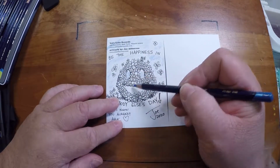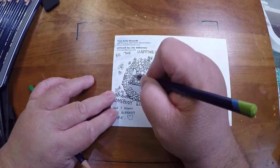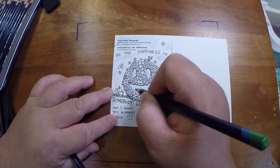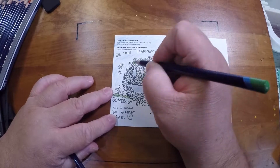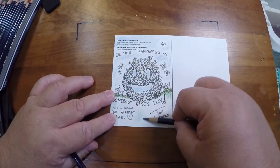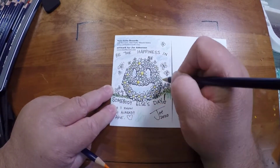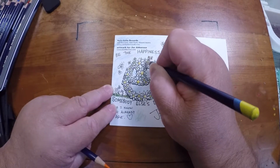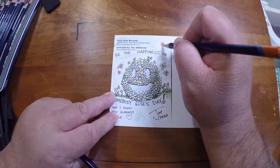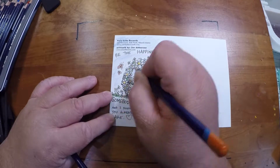Now these Derwent Inktense pencils go on dry just like a regular colored pencil, but they're water soluble, and once that dries, then it's permanent. So it's kind of fun. You can really get some nice lights and darks if you're patient. With this, I'm trying to be quick so that I can send out different letters, so it's not an all-day affair. But they're great for sketching. I think I have a couple of examples of videos where I've used them for sketching, and they will definitely be used in future videos as sketching tools,